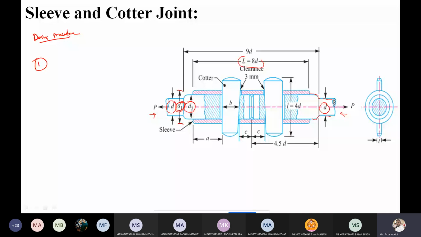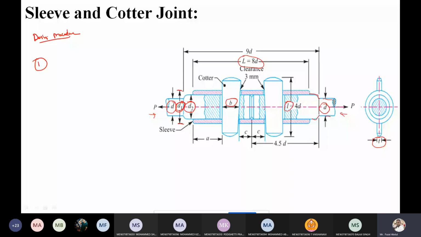Capital L is the length of the sleeve, and small t is the thickness of the quarter, and small b is the width of the quarter, and small l, where is the small l here? So here, see here, small l is the length of the quarter,